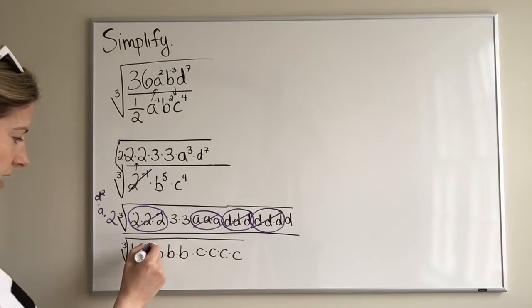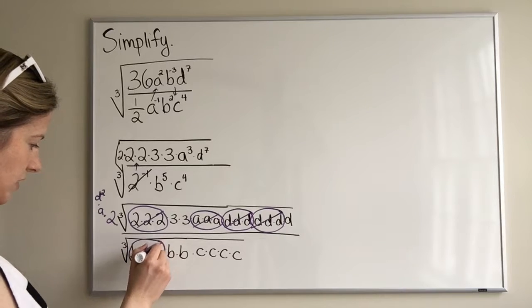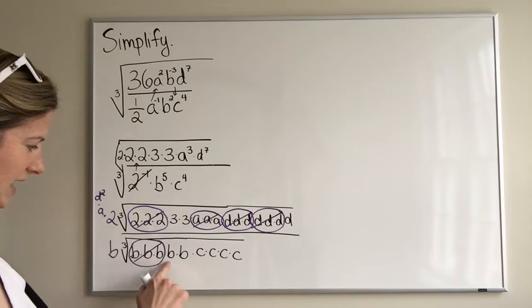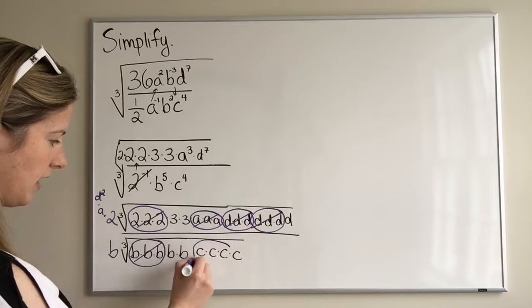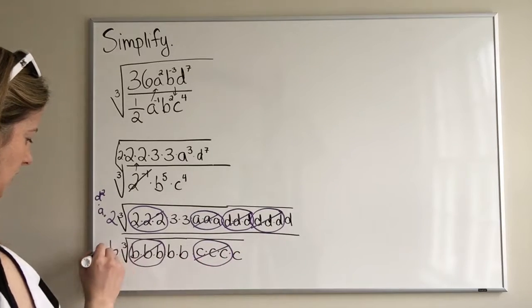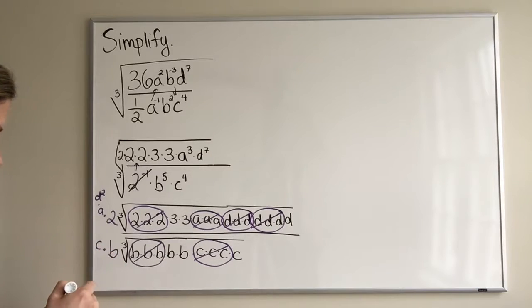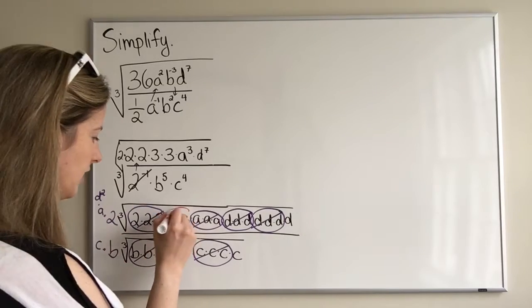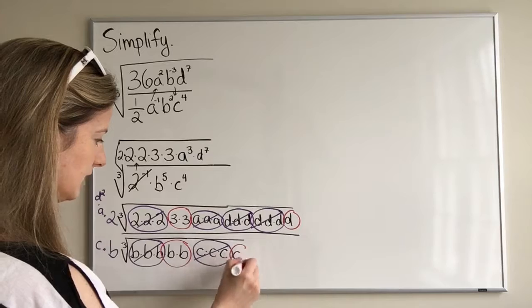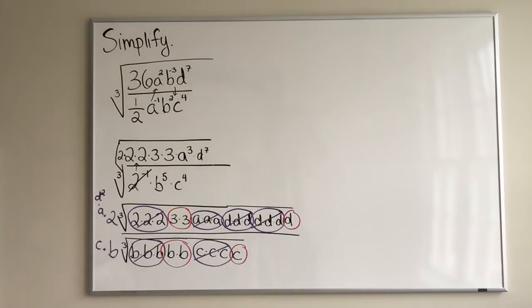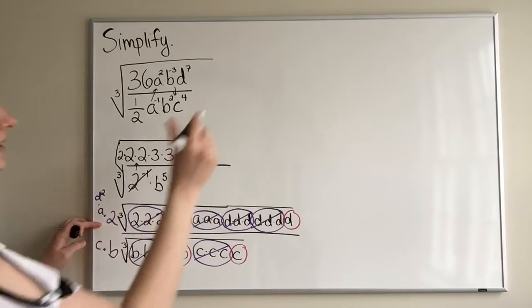And then for our denominator, I've got 3 B's, so 1 can come out. I can't make another group of 3, so those 2 B's are going to have to hang out in there. And then I've got 3 C's, so 1 can come out, okay? Perfect. Now, I want you to note what's left. I've got 3 3's and a D left in my numerator and 2 B's and a C left in my denominator. So let's clean it up and write it over there. So I'm looking at, and I'm just going to reorder this slightly. So I'm looking at